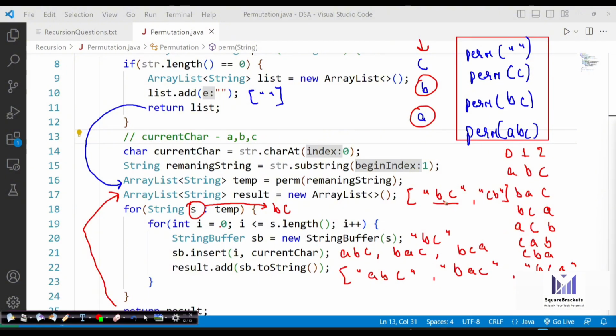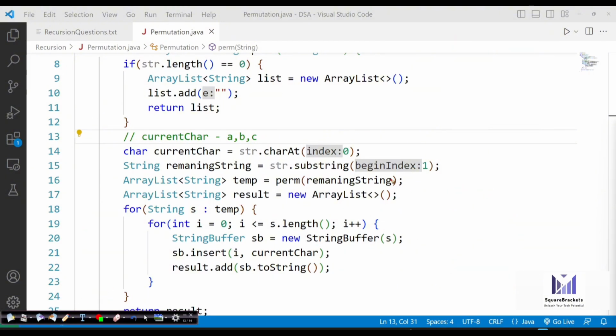Because once it has C stored in this variable, if I recall it again, we know that we have A, B, and C. Now we know the current character is C. Let's say in our string buffer we simply have C stored, and in your array list you have only C. Let's say in our temp list we only have C available. Now this loop will be executed 2 times, for the 0th index and the first index.